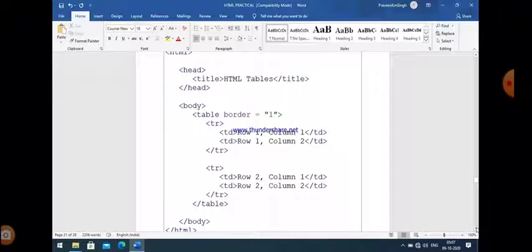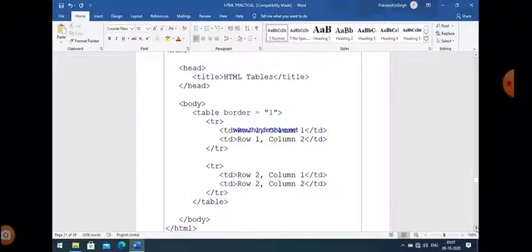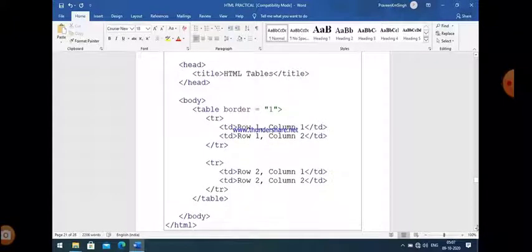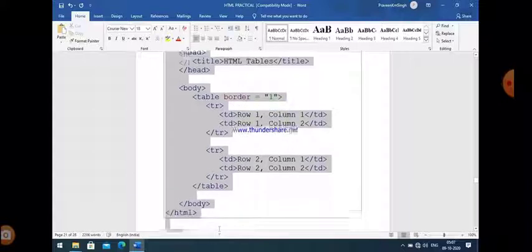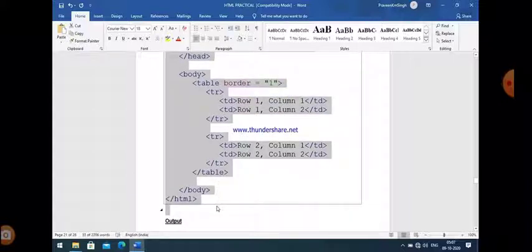Now it's time to execute this program. So that is a simple program which creates a simple table. First of all, I just make a copy.